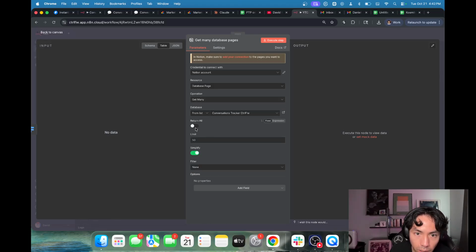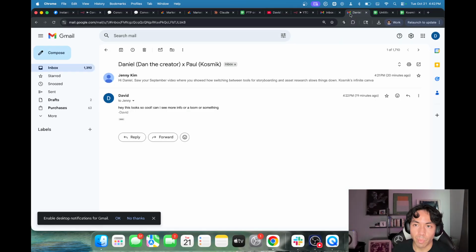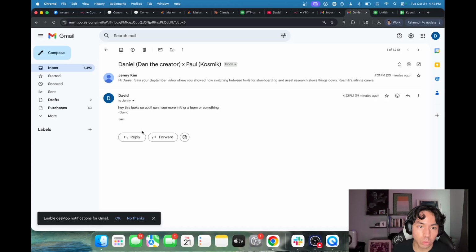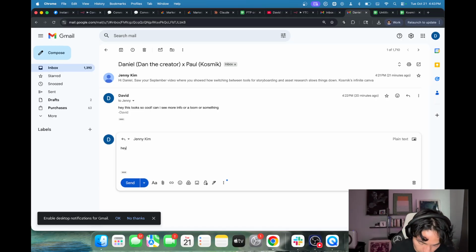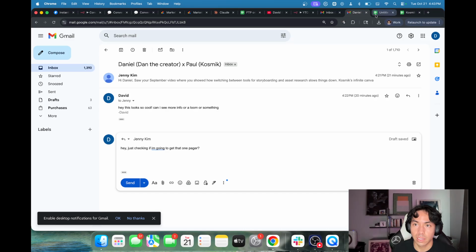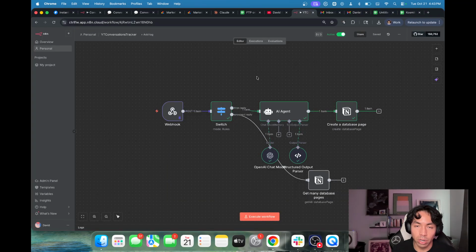And Simplify just cleans up the data for you. And so in order for us to get the right webhook for this, we have to respond again. Hey, just checking if I'm going to get that one pager. Let me just make sure that this is on. Yeah, it is. And so let me send that. And so now we're just gonna wait for